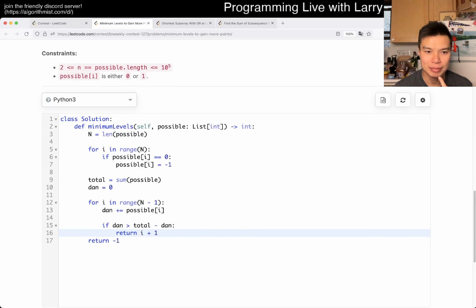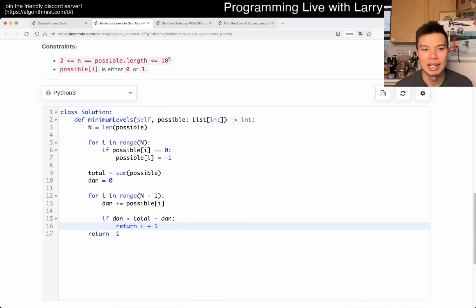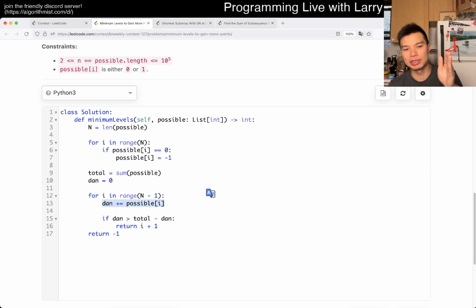But that's basically it. You just convert the zeros to negative ones. You get the total score of the possible game. The first half is that Dan is going to play 1 game, 2 games, 3 games, and so on. The key thing to make it fast is that total minus whatever Dan has is the score of Bob, I think. So then if this is strictly greater than, you can return the number of levels played